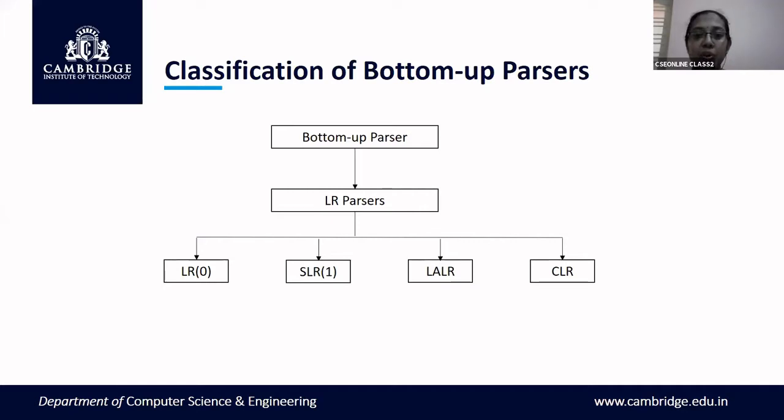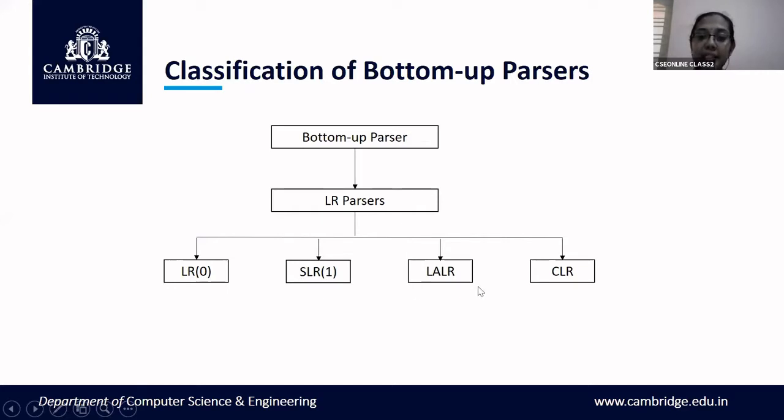The most common type of shift-reduce or bottom-up parser is the LR(0) parser, which is there in your syllabus. And then you have SLR, LALR and CLR, which are more powerful parsers compared to the LR parser, but they are not in your syllabus because it is very complex to construct the automata. Okay, so in your syllabus, you have just your basic shift-reduce parser. That is how shift-reduce parsing happens. And then the very first type of parser is the LR(0) parser. Okay, so LR is left to right with rightmost derivation, and SLR is simple LR.